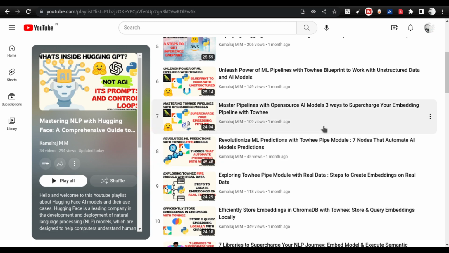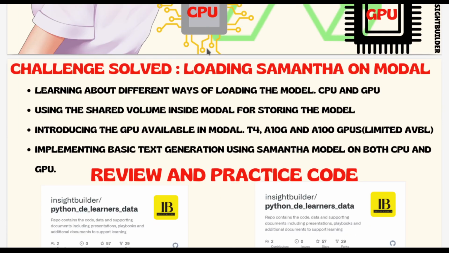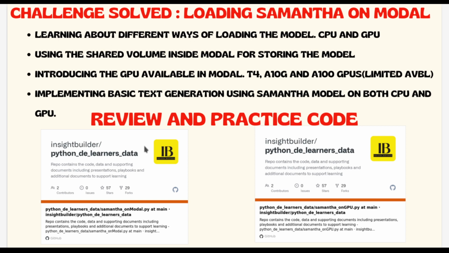The idea of this particular discussion is that we are going to work with a large language model that has been created by Mr. Eric. I'll be sharing the details in a moment, and we are going to load the 7 billion version of the Samantha model on CPU, that is a direct central processing unit, on the Modal client. And another option is that we are going to try to load it on GPU, that is the T4 Tesla variant NVIDIA graphics card,